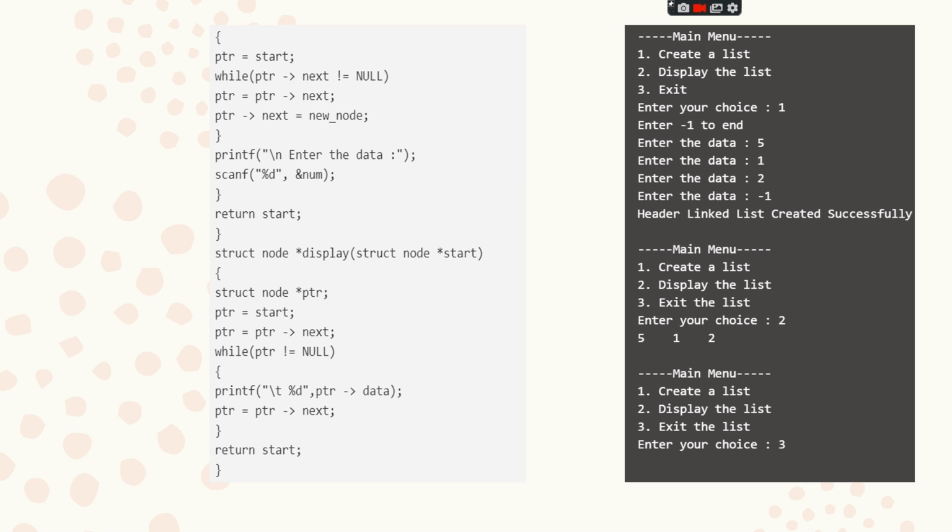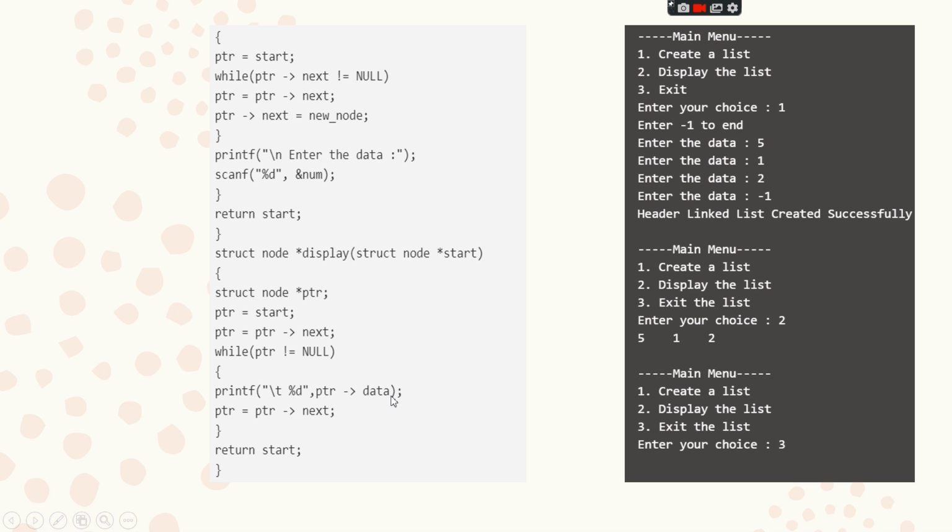Suppose they want to display the list; then we look at the display function, struct node star display. Similarly, we initialize a struct node star pointer equal to start, pointer equals pointer points to next, and while pointer is not null, printf using a tab and pointer points to data.